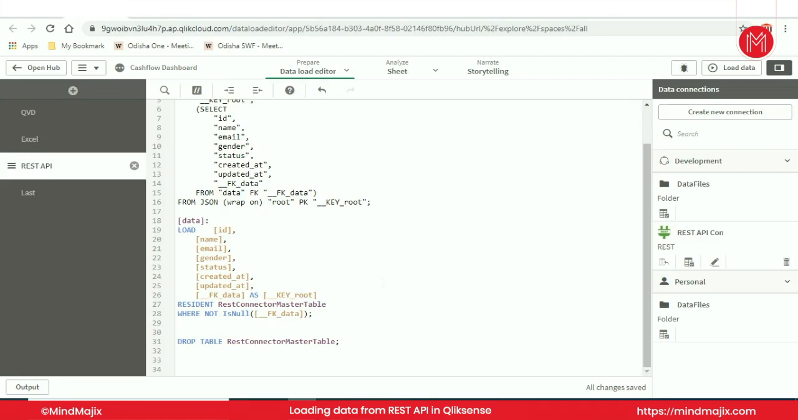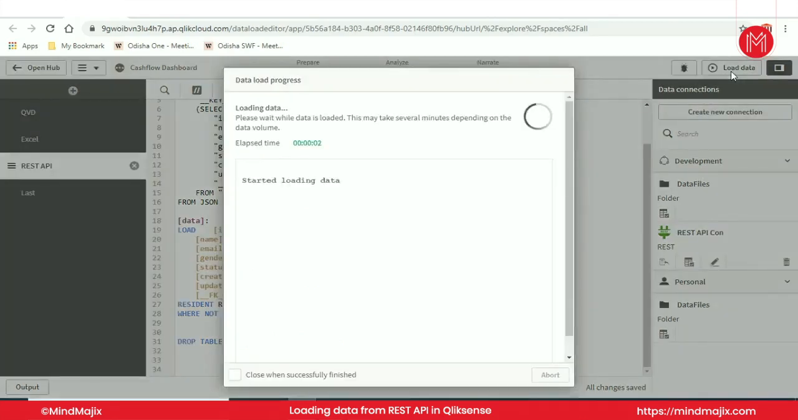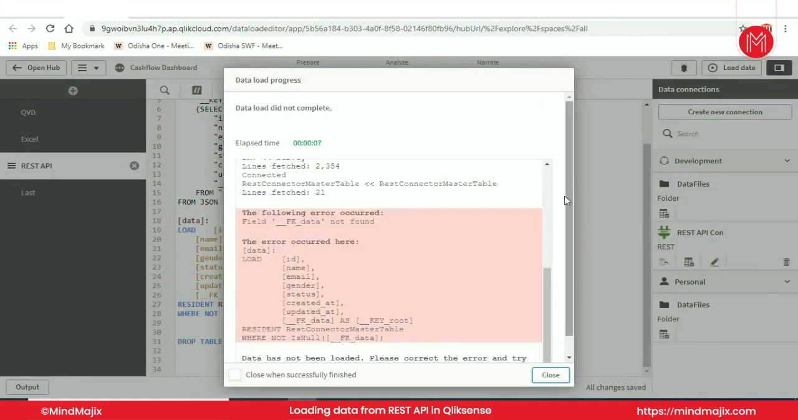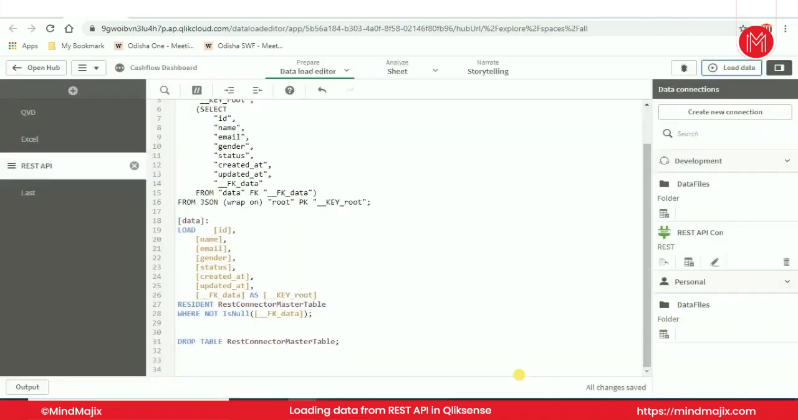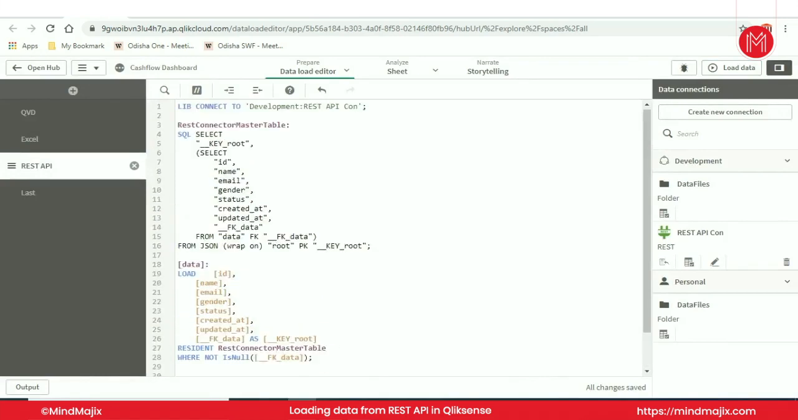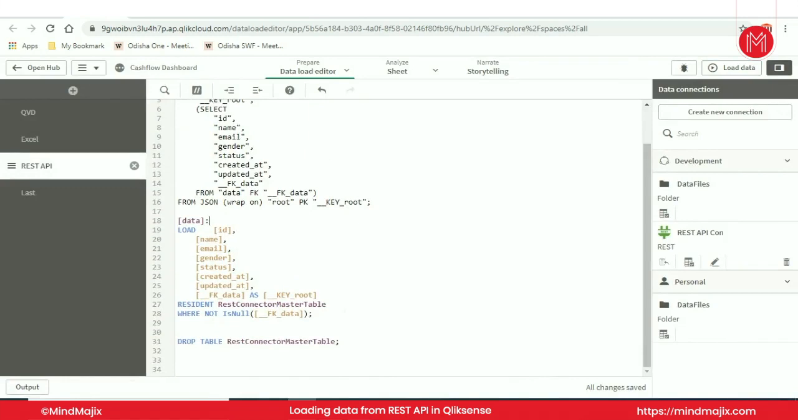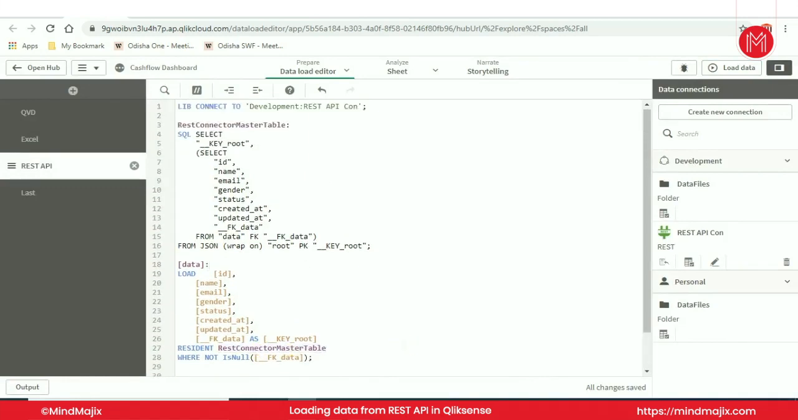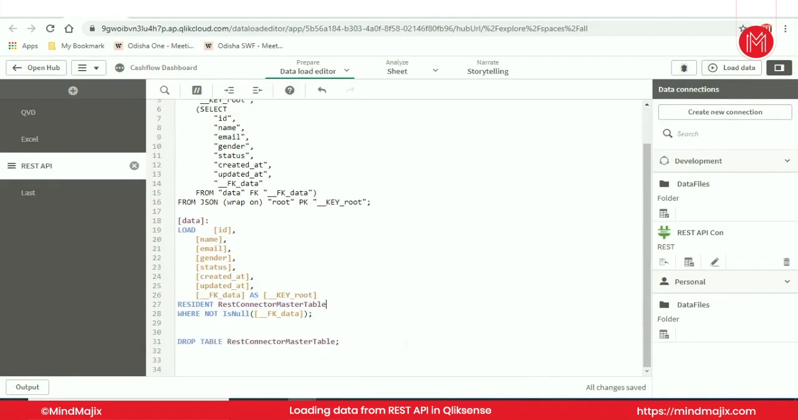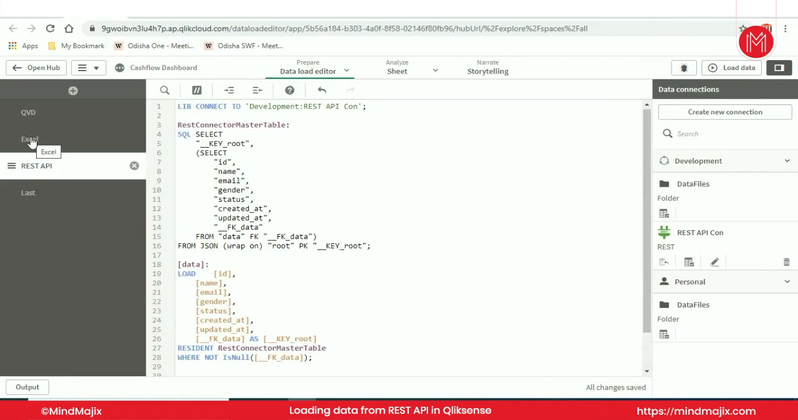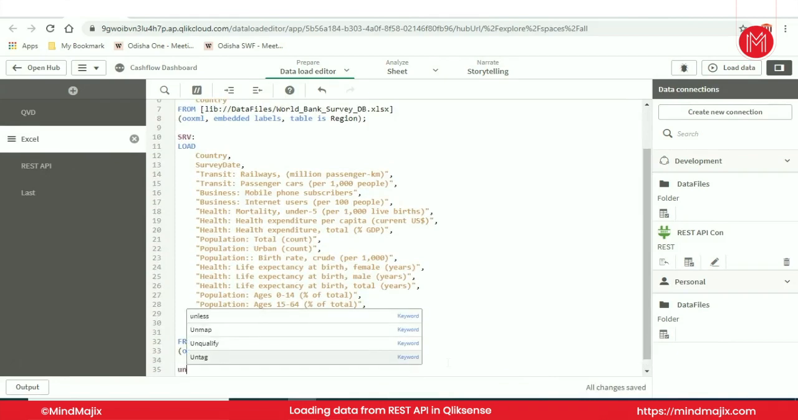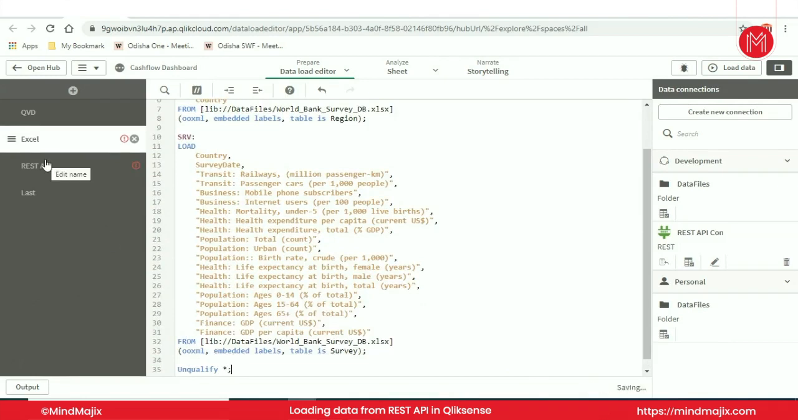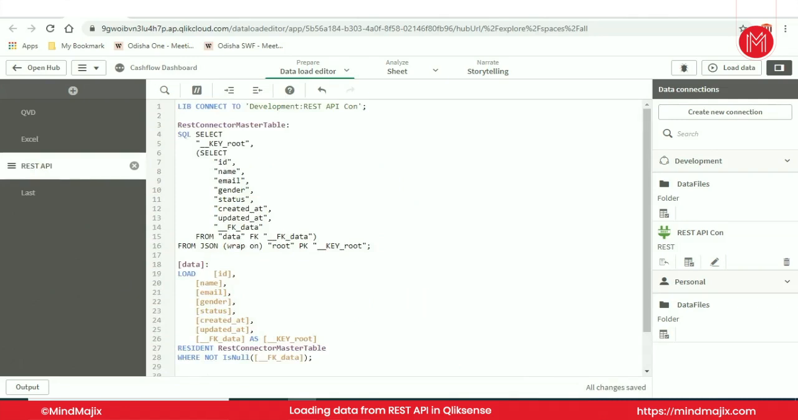So insert script. Now let's try to reload this. So it is selecting and then the data is loaded over here from resident table. It is showing resident. Oh, okay, got it. Why it is showing the issue. Alright, so I just have to unqualify star. Now this will work